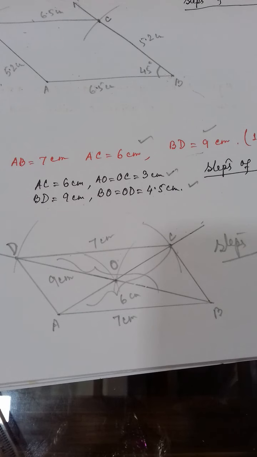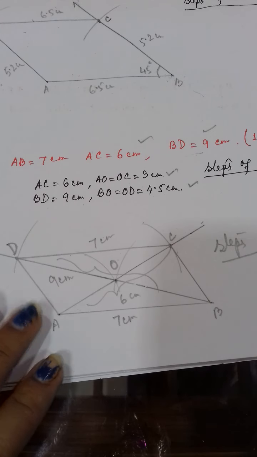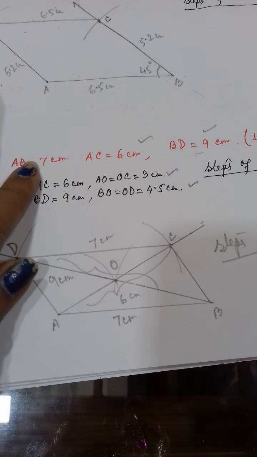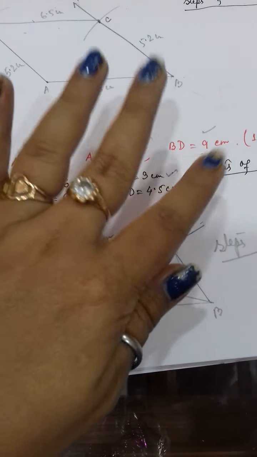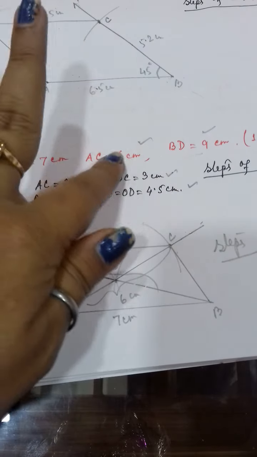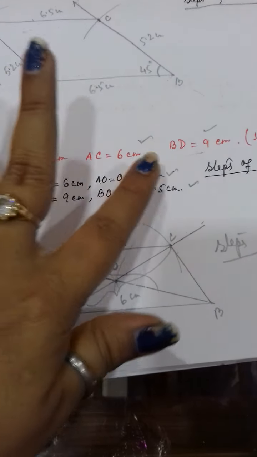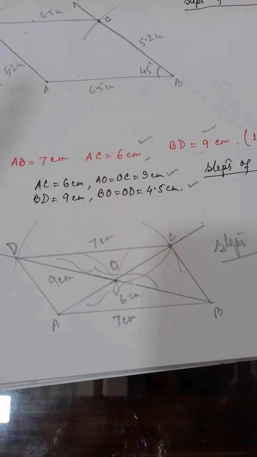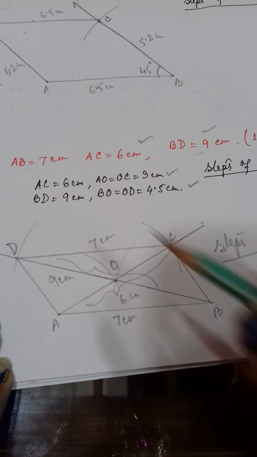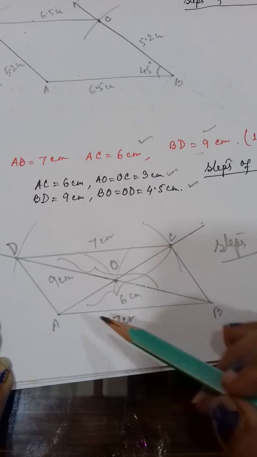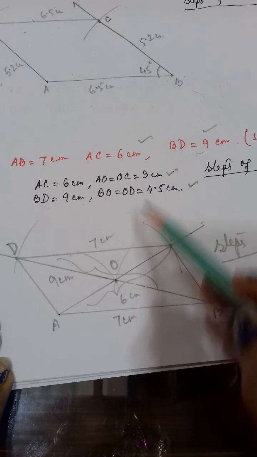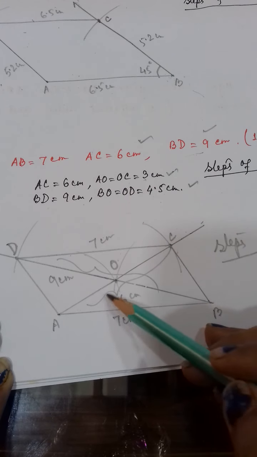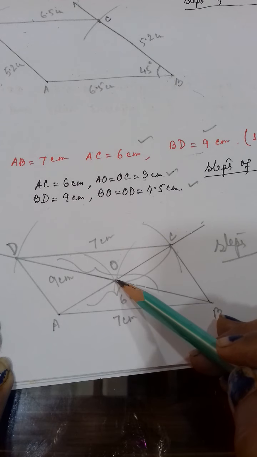Clear, students? This construction is very important. All the constructions are very important, but this is a little bit different, when you have to construct a parallelogram with one side and two diagonals. Mind it, when you get two diagonals, at first you have to find the midpoints, because in a parallelogram diagonals bisect each other. So directly you won't be able to construct. First you have to find the midpoints, then with that midpoint measurement, first you have to construct two arcs which will intersect at point O.